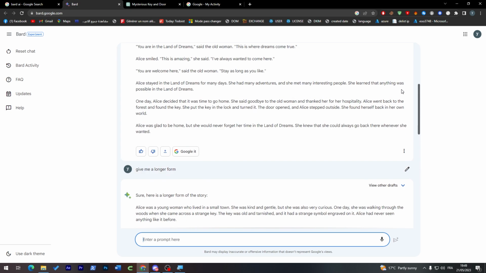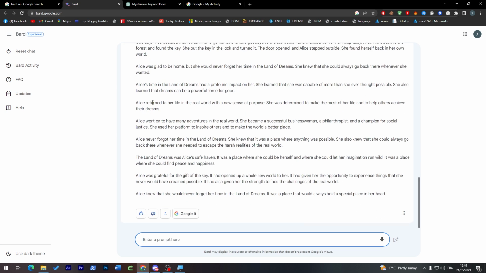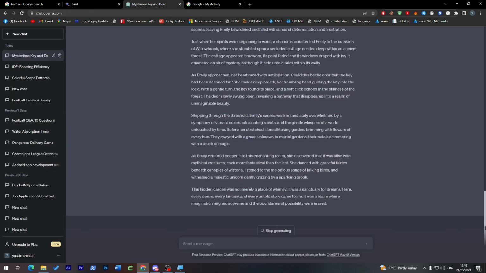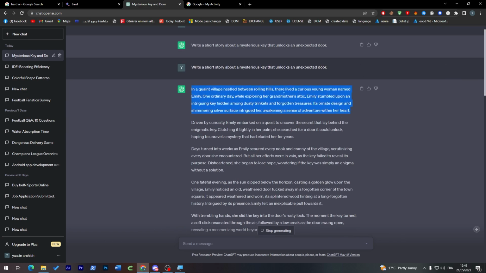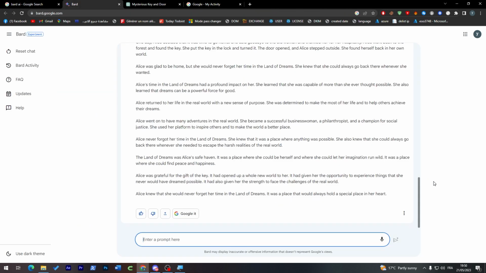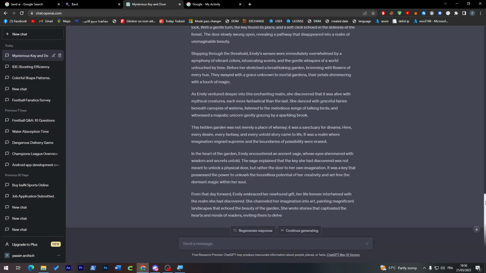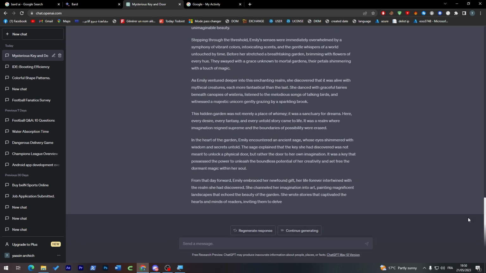Okay, they have added something here, like three extra paragraphs to the text, which is decent, not bad at all. But ChatGPT is actually giving us a longer version, editing literally the text that it wrote in the beginning. This one is only adding some extra paragraphs. So yeah, you can use it as a backup AI, as I said, but in general, ChatGPT stays the king of AIs. It is always the best.